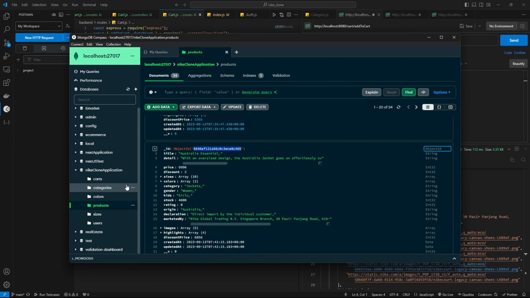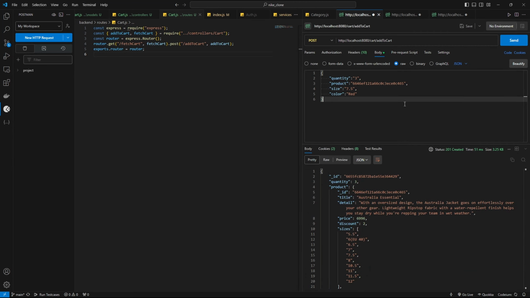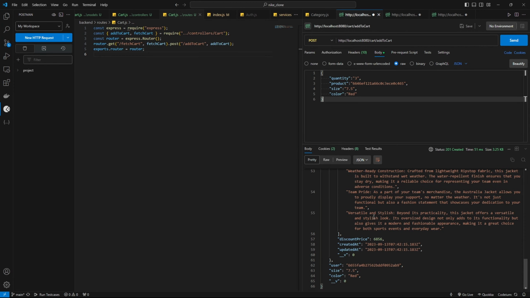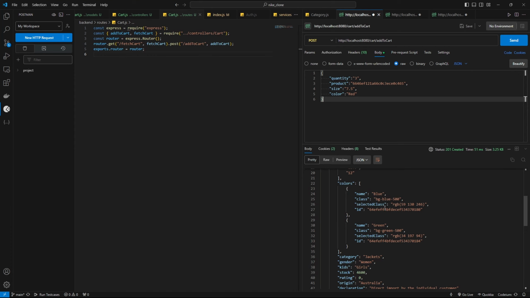Let's take this, and let's put the ID here, and then the size, let's say it's 7.5, and it is a red colored thing. And now let's hit the post, and as you can see here is our jacket woman with